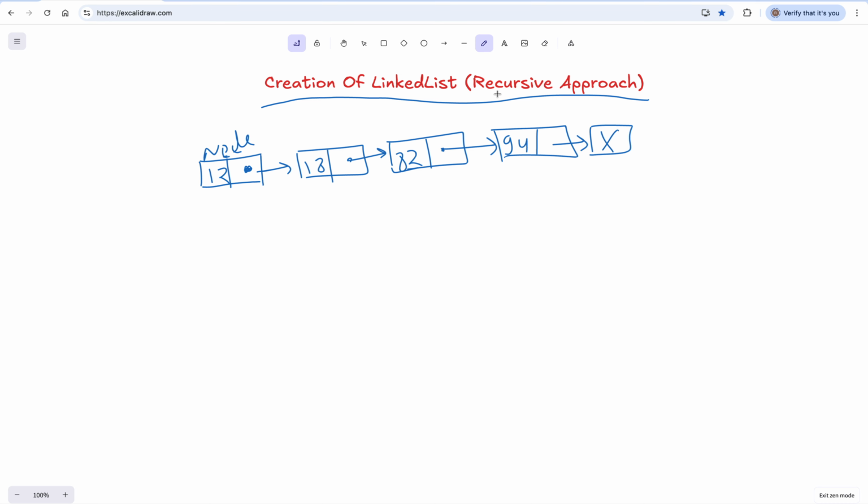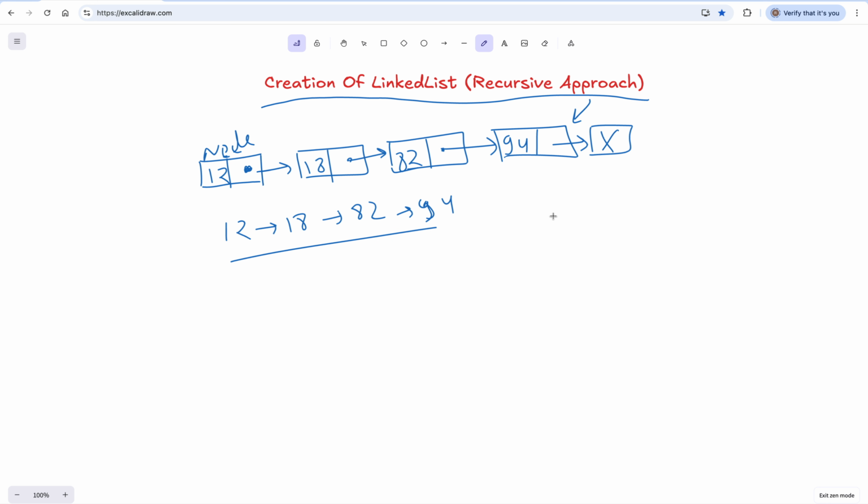Okay. In this way, a linked list has been created. Now, our question today is we need to create the linked list recursively. Okay. So if you remember, in the last tutorial we discussed how we can insert elements into a linked list by inserting at the end of the linked list. For example, if I am having 12, then 18, then 82, then 94, we need to insert them one by one.